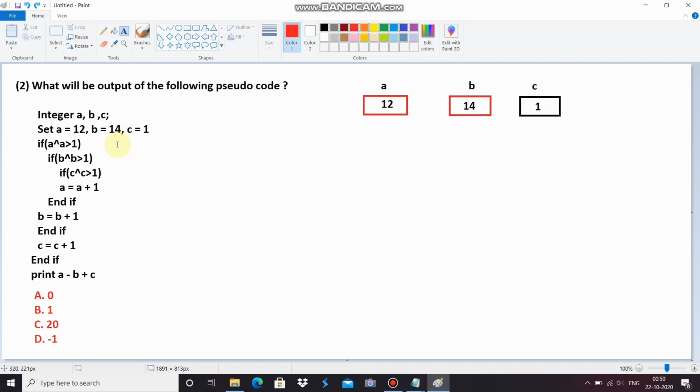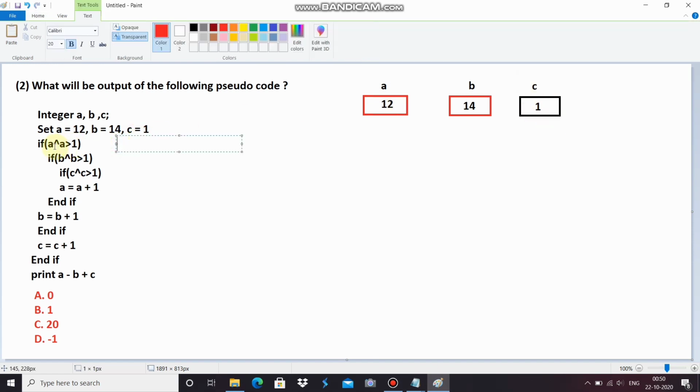Now first we check this condition. It is a nested if, because here there is an if within the if. Now we check the first condition. The value of a is 12, and it is a bitwise operator, and you know very well about the bitwise operator.